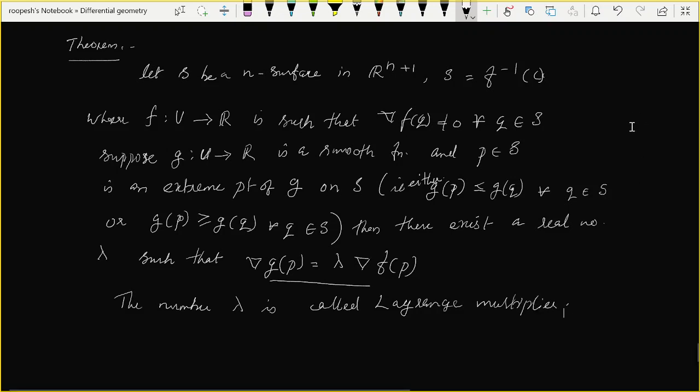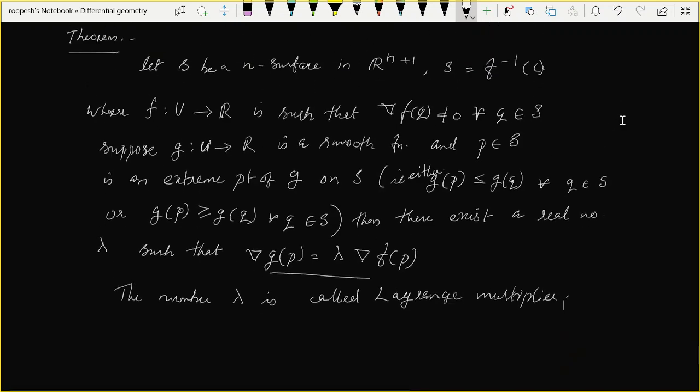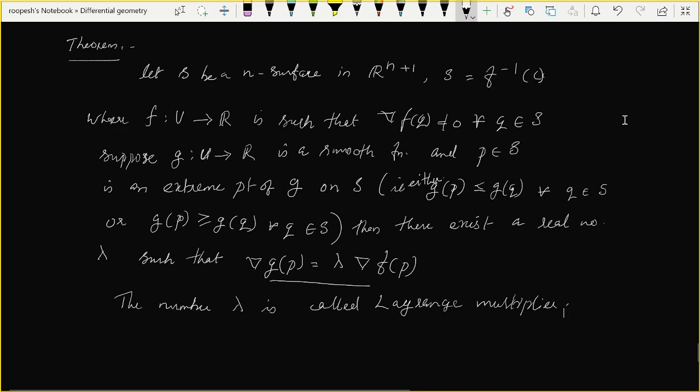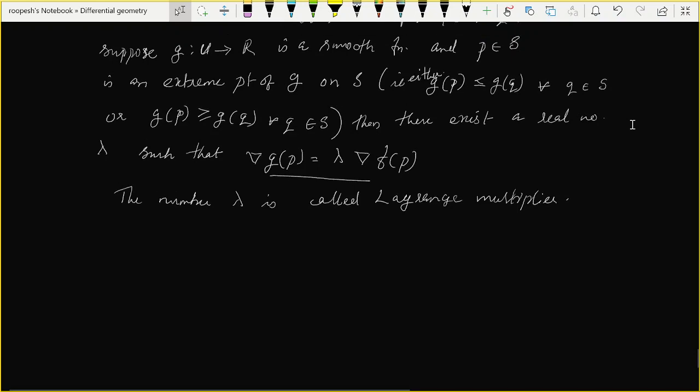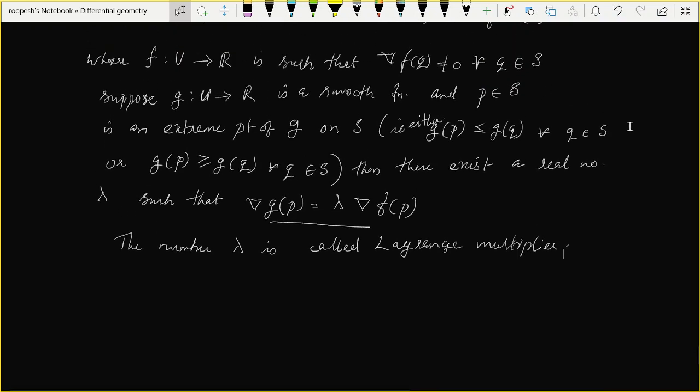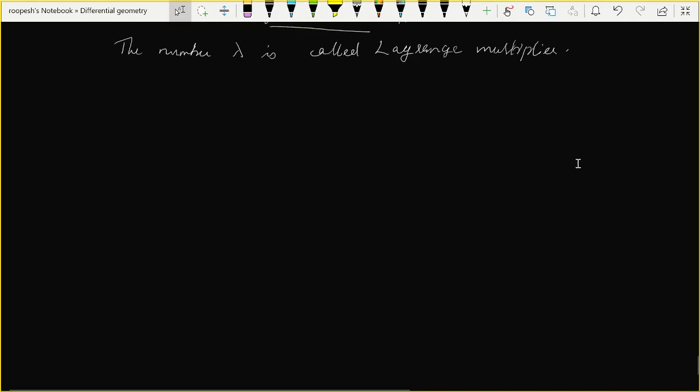So what does Lagrange's multiplier theorem say? The theorem says that you have S as a surface, defined by a smooth function F. Now suppose there is another smooth function G from some U to R that has an extreme point at P. Then we can write del G of P as lambda times del F of P, and this number lambda is called the Lagrange multiplier. So we want to prove there exists such a lambda. So proof: